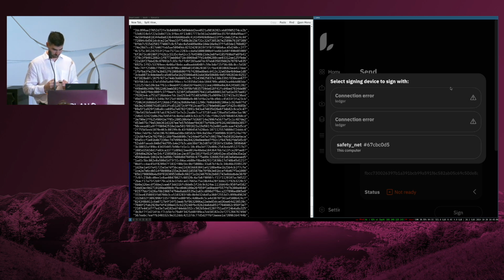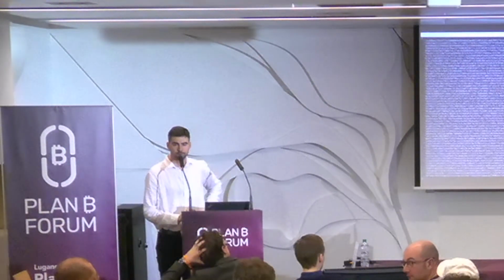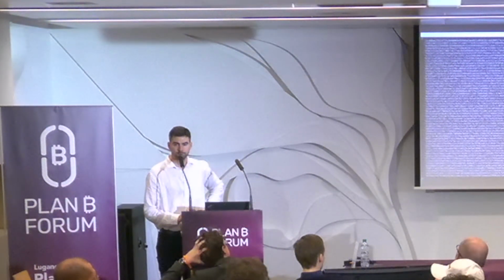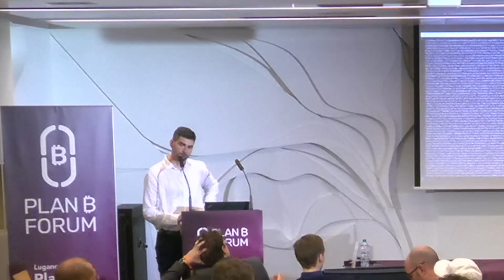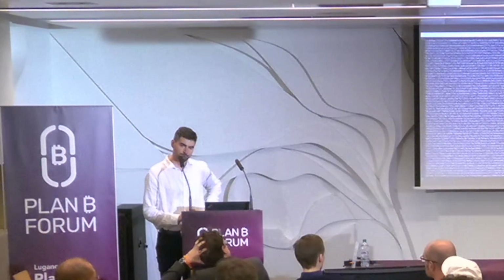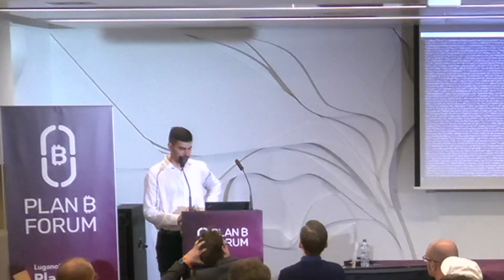I have a question, maybe. Yes, while you sort it out. Maybe because one of the rules is always not to have a single point of failure. It's very reassuring if you start working with this stuff that you can replace the Coldcard with a Ledger or another hardware wallet and all this stuff. But if Liana is the only wallet supporting multisig, don't you create a single point of failure with Liana actually? Okay, so that's not the only one.